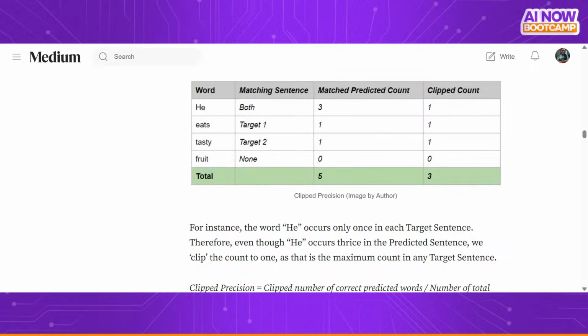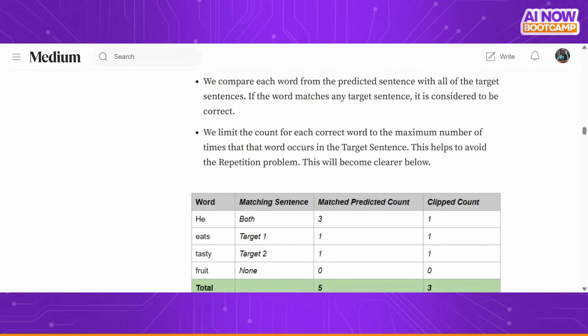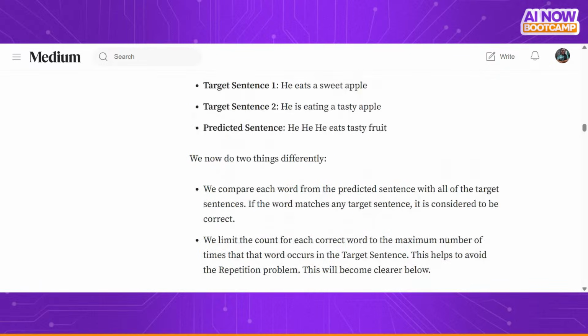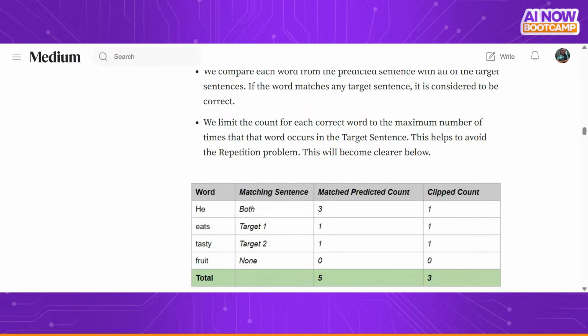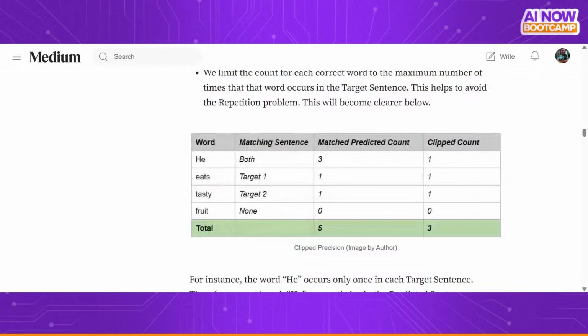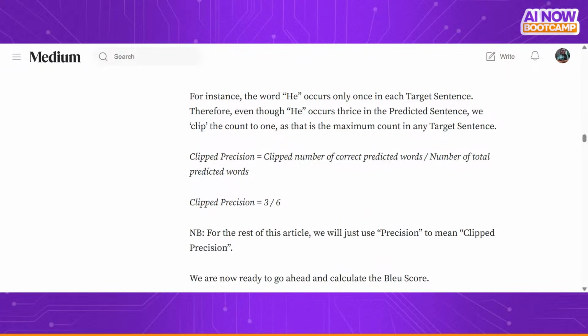Right. So if we are now looking at the clip count, it is saying that we limit the count for each correct word to the maximum number of times that the word occurs in the target sentence. So the maximum number of times that E is occurring in our target sentence is just 1, not thrice. So that is why you are going to change this clip count to one, and then it is only occurring once, and tasty is only occurring once. So that will now help us solve the issue of repetition,